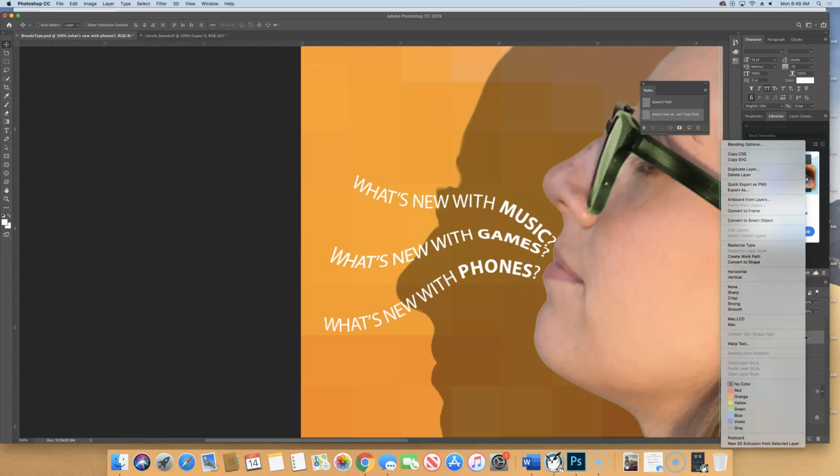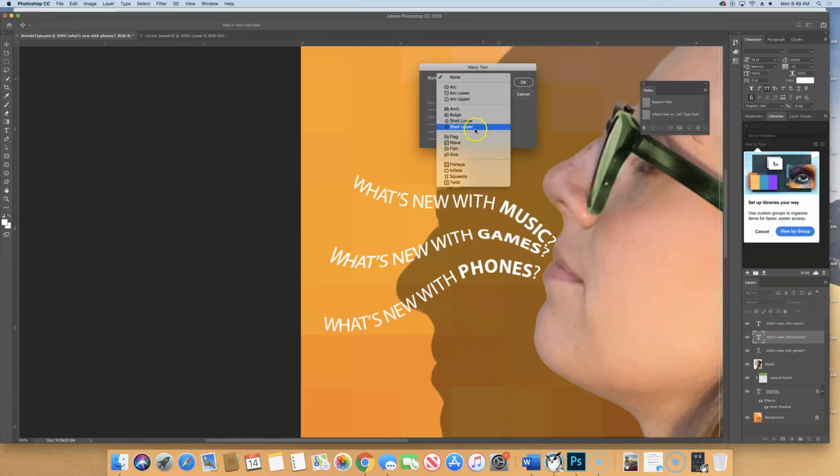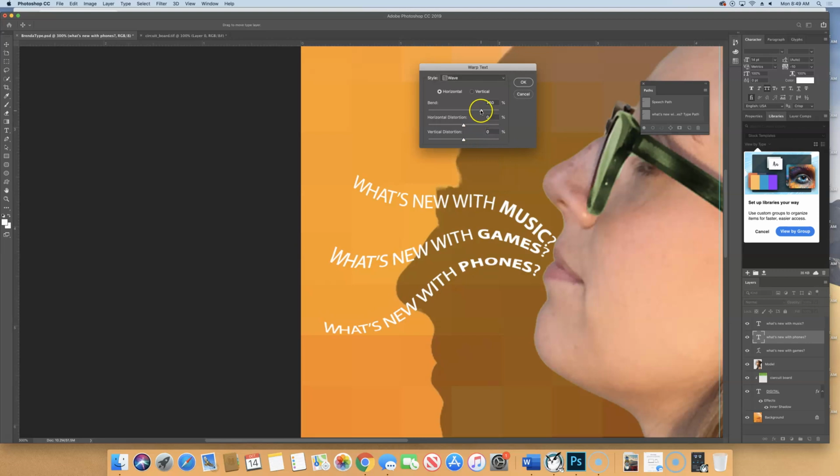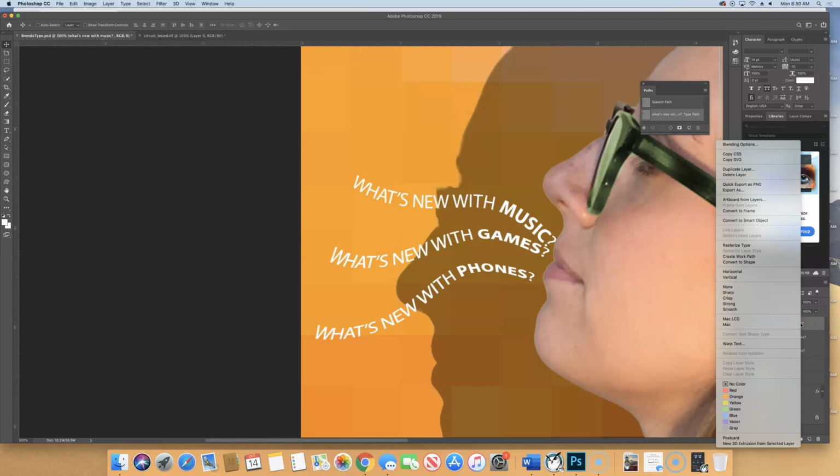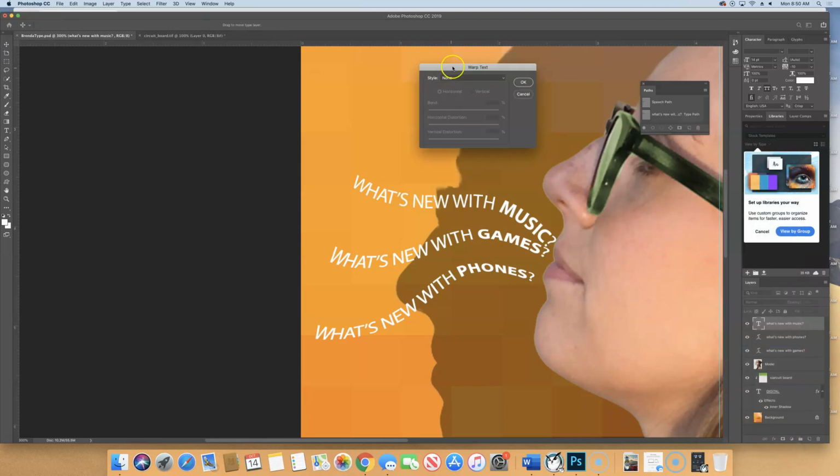So right click on that layer, choose warp text, we're going to choose wave, and then again about the same numbers. So 33% for bend, horizontal of negative 23, and vertical of 5. And then do that with that last layer, what's new with music. Right click, warp text, wave,